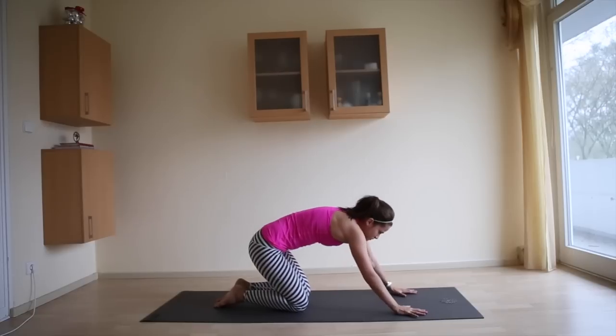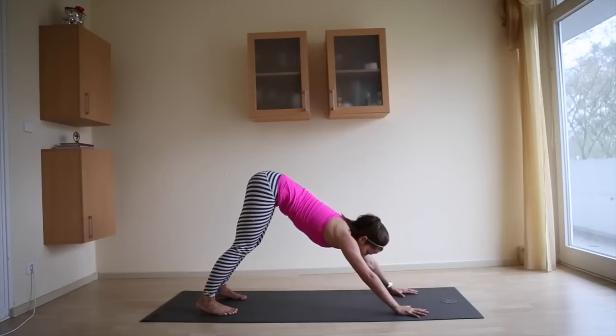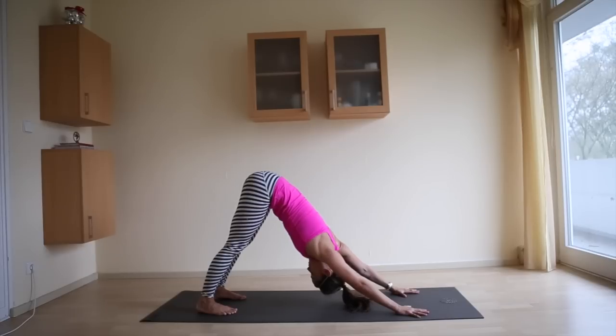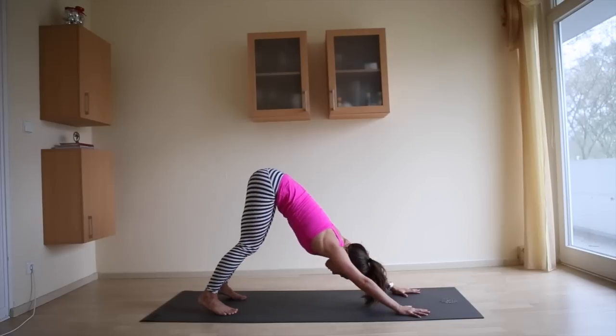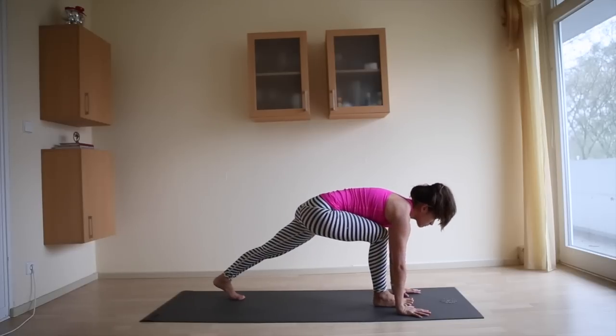As you inhale, round forward. Press the big toes into the mat, lift the hips, downward facing dog. So for downward facing dog, we're pushing the mat away. Fingers are spread, arms are long. And you want to invite the heels down to the ground, but if they don't get there, don't worry about it. Inhale, step the right foot forward